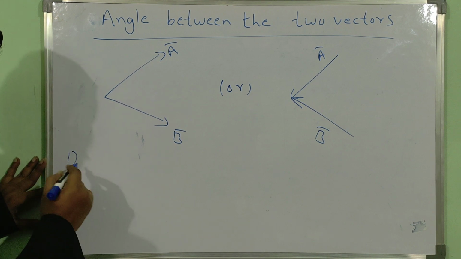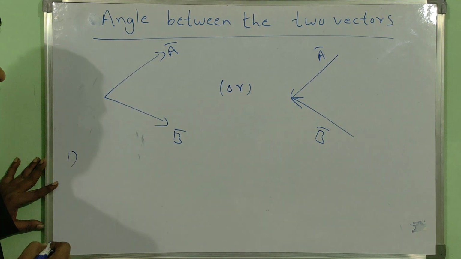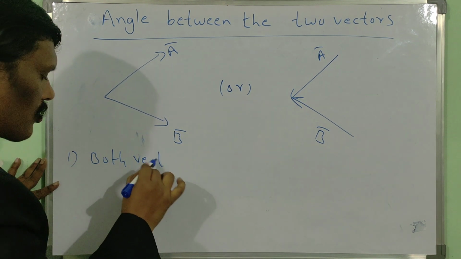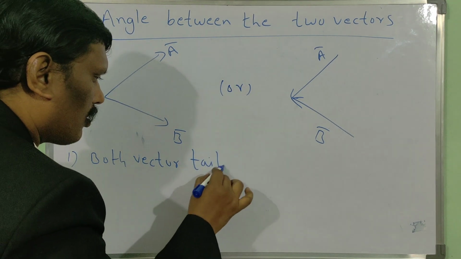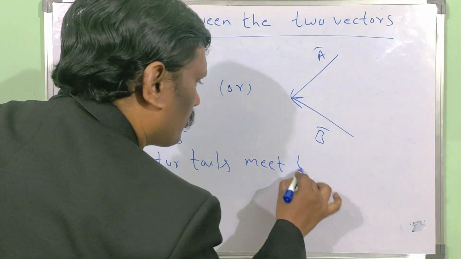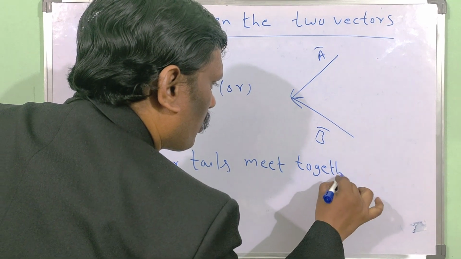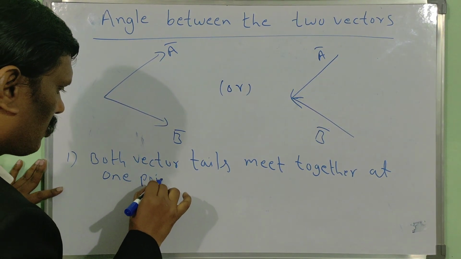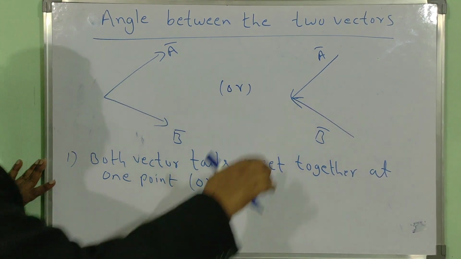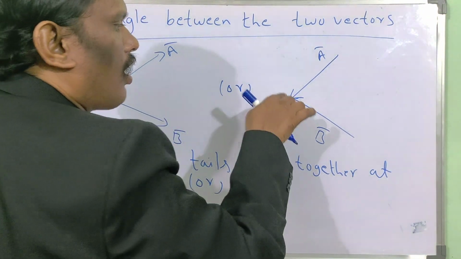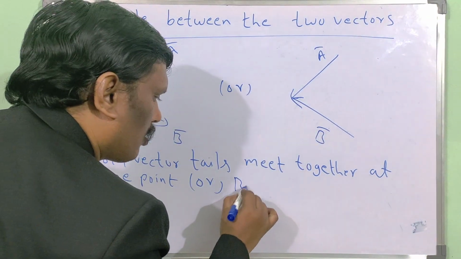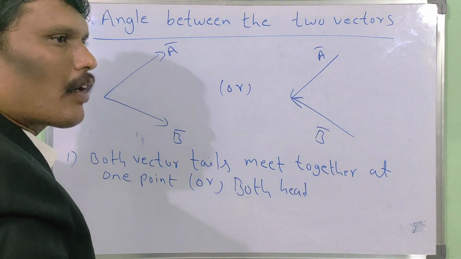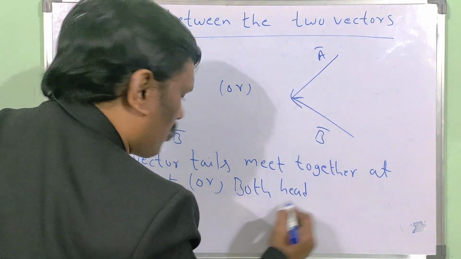First condition, both vectors' tails meet together at one point, or both the tips of the vectors, or heads of the vectors, head means arrowhead, both arrowheads of the vectors